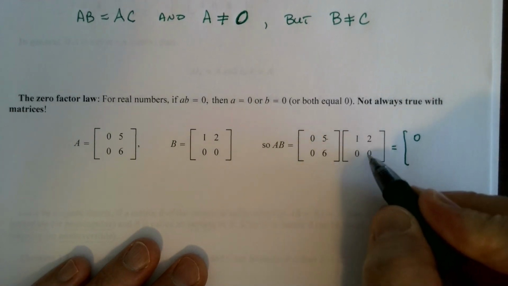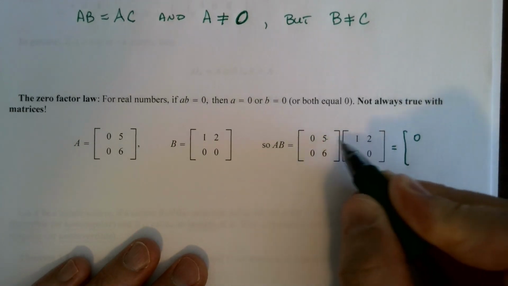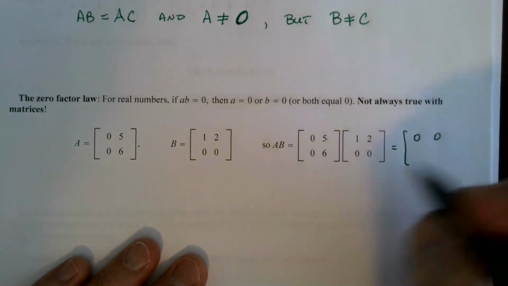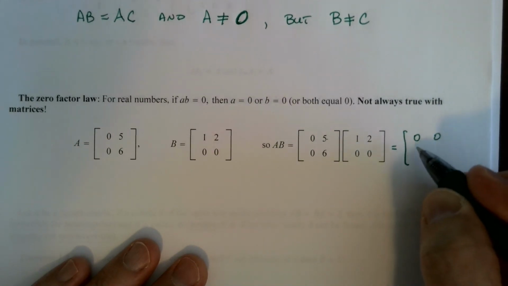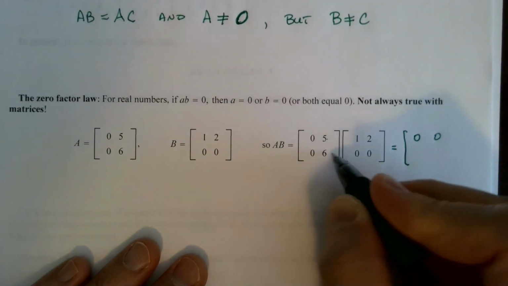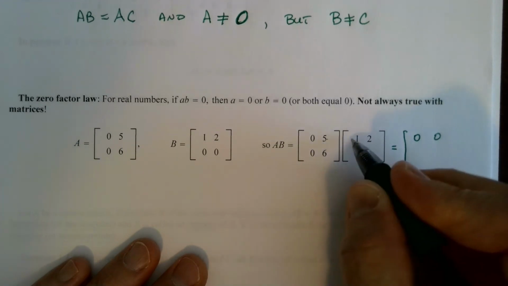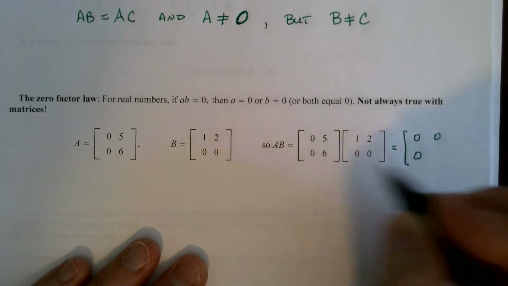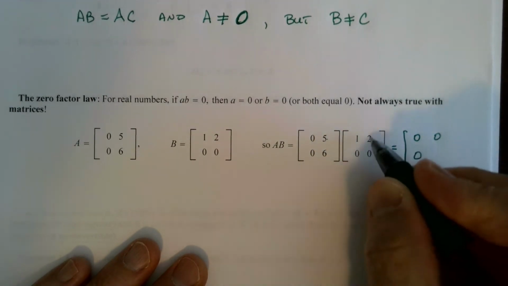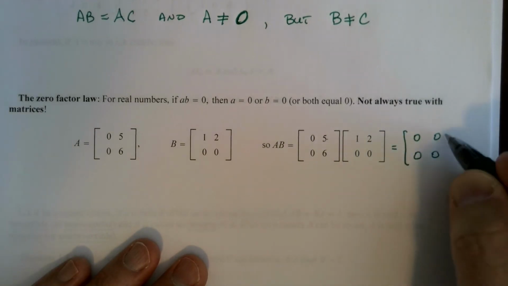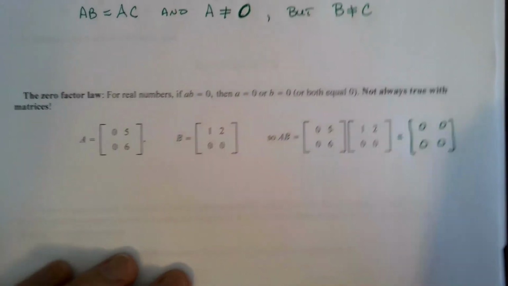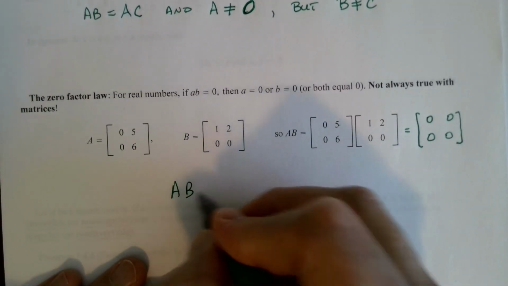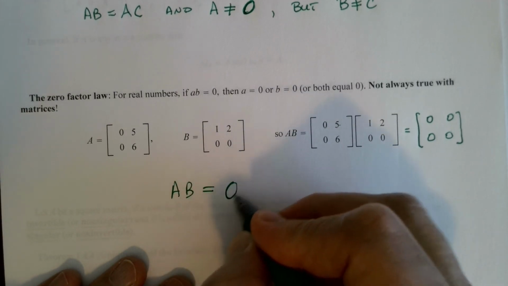First row, second column: 0 times 2, 5 times 0. Same thing. Second row, first column: 0, 1, 6, 0. Also 0. And second row, second column: 0. And so notice that I have an example where AB is equal to the 0 matrix,